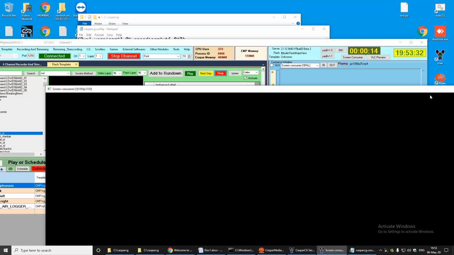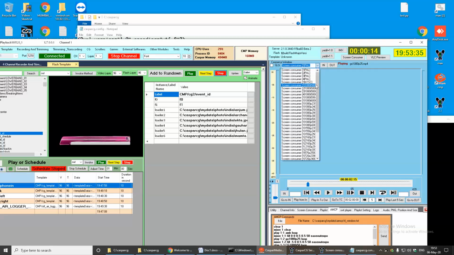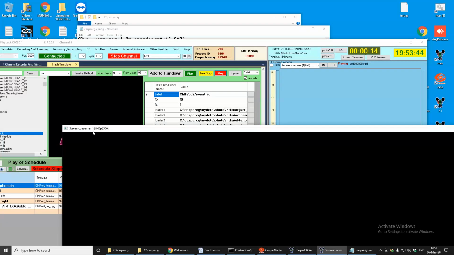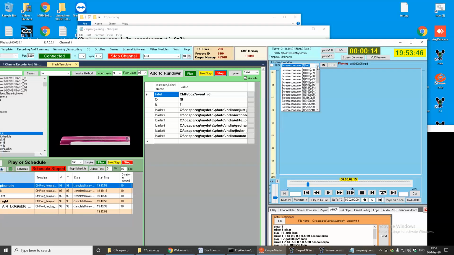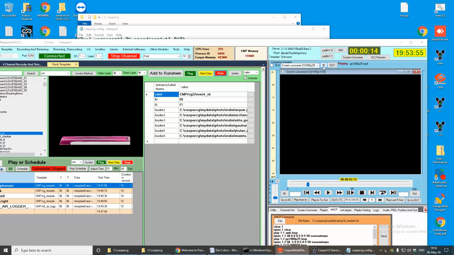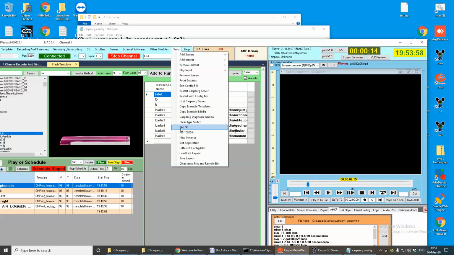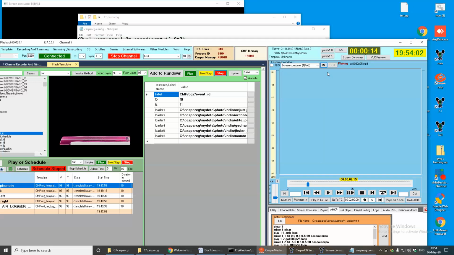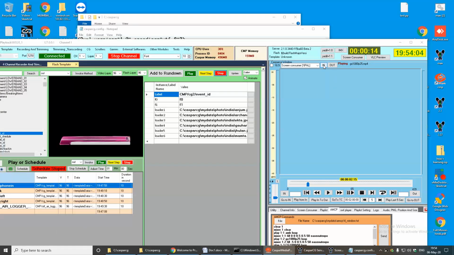In that case you have to select this and select the proper channel mode that you have set, and only then you can capture this window into here. 1080i 25. Now I am again changing this to PAL SD.